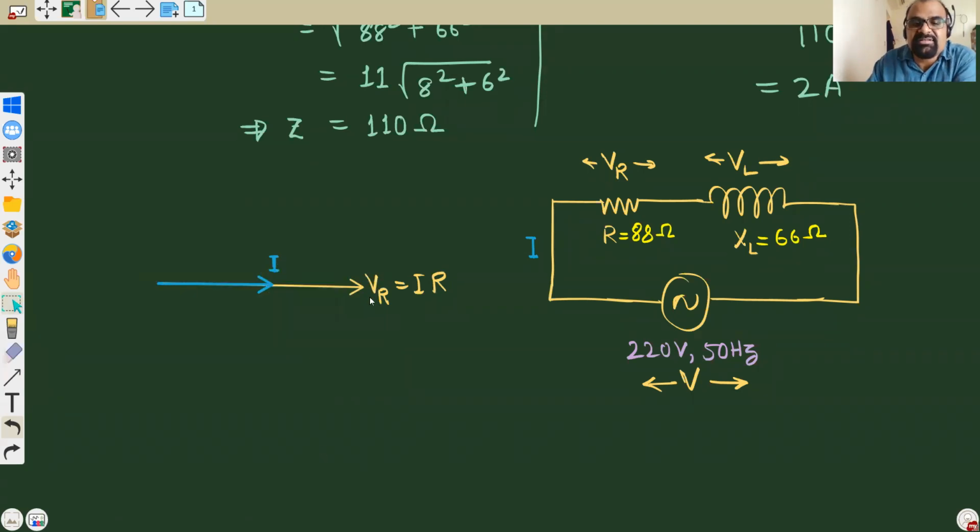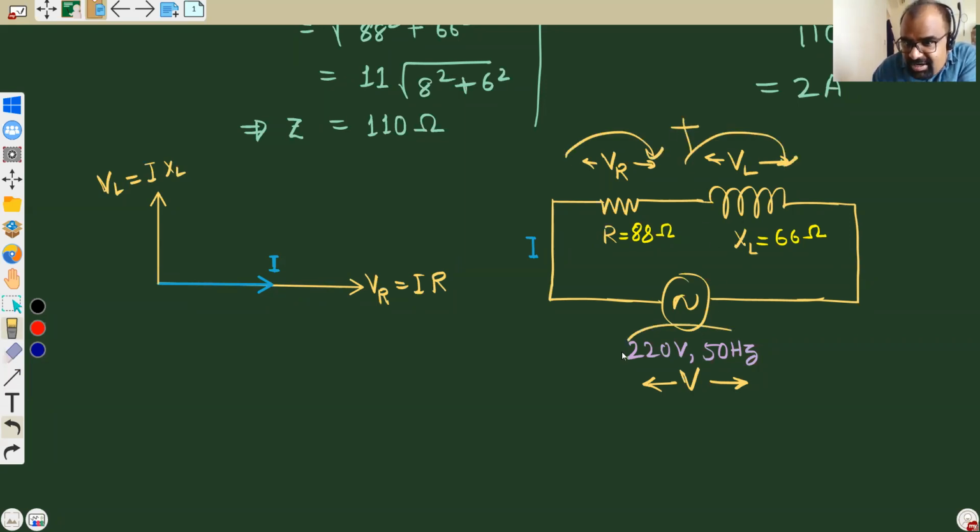Now, VR phasor is done. Now the VL phasor. Voltage across the inductor and current through the inductor are not in the same phase. In fact, the VL phasor is 90° above the current phasor. With respect to this reference vector, the VL phasor will be in this direction. Clear? So this will be the VL phasor, and let me write this as VL, which is equal to I into XL. Now, if this vector and this vector are added together, we should get this vector, or rather phasor, isn't it?